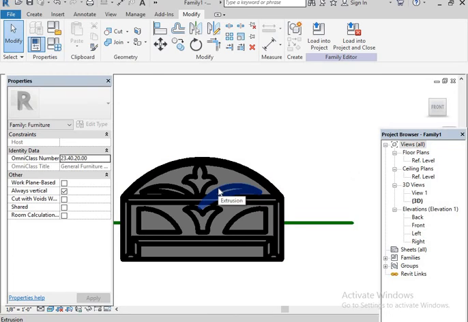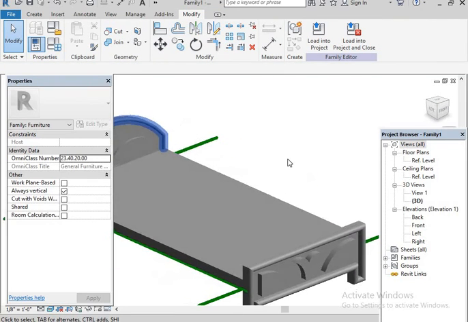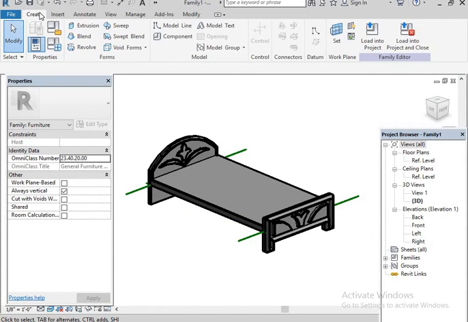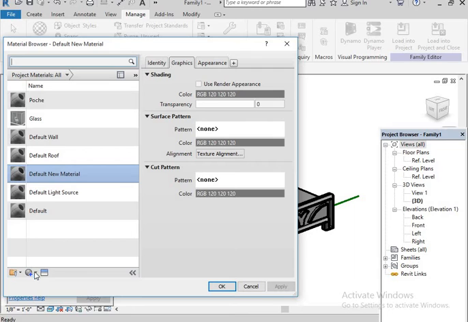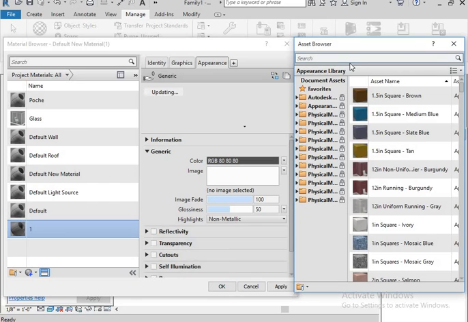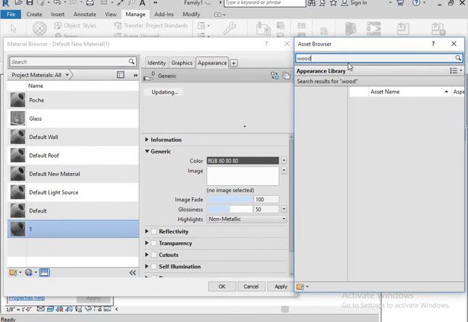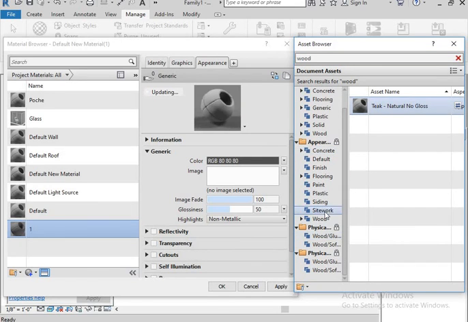So now we need to apply the materials for this. Go to Manage, or else create a new material option. In that, Materials. Right click, create new material, rename that as 1. Then go to the Appearance tab, click here, you can go for Woods, then enter. Here you can change your required colors.